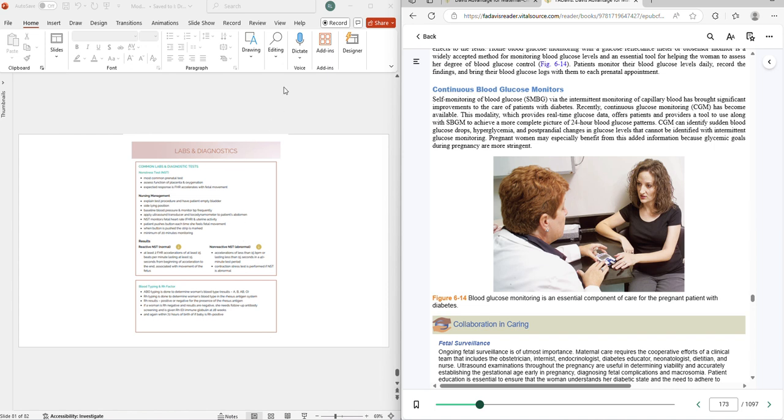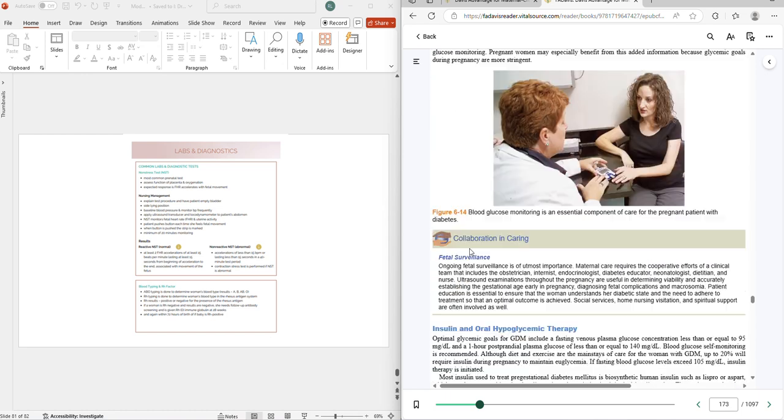There's some more here just about the diagnostics, and this is talking about NST, so we'll talk about that in a second. All right,